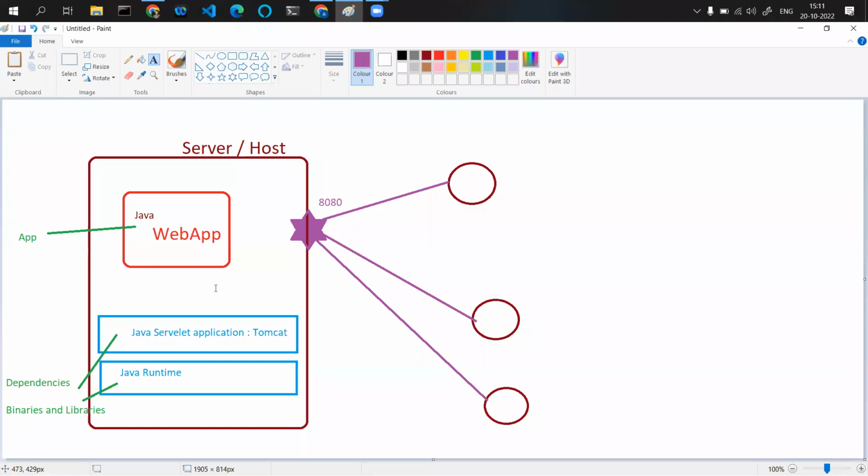For example, Jenkins. Jenkins is a web app, right? You can run Jenkins on your systems. So if Jenkins wants to sell their web application, they have to give the Jenkins binary to you guys, and then give instructions on how you can set up the dependencies, set up the server, all the libraries and binaries, how you can get them up to install Jenkins itself, right? So if this application is Jenkins, then this is coming from the vendor, and that dependencies and libraries and binaries are to be resolved by the user or by the team who is going to deploy this,